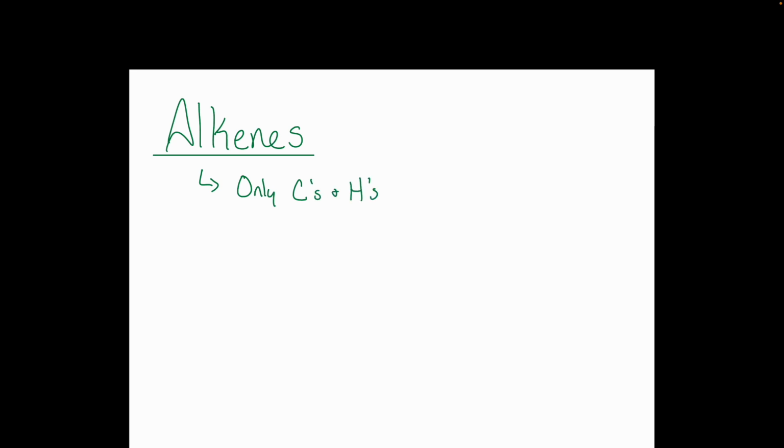Right, and today our focus of discussion will be on our next functional group, alkenes. All right, we talked about alkanes. Alkanes were molecules that consisted of only carbon and hydrogen and had only what type of bond? Single bonds. So alkenes are also only carbons and hydrogens, but they have at least